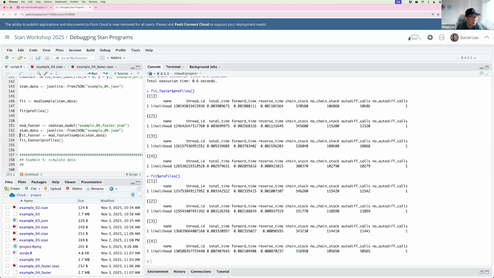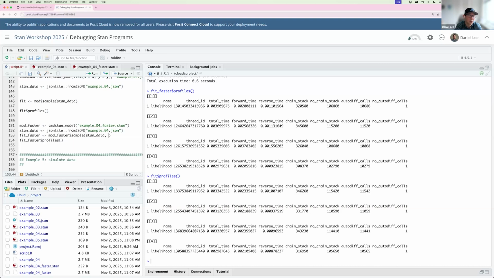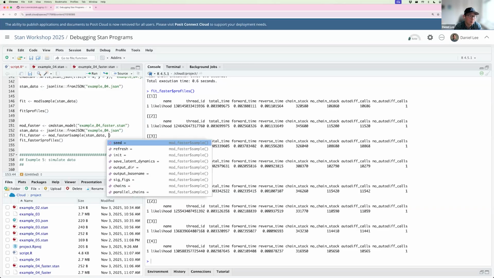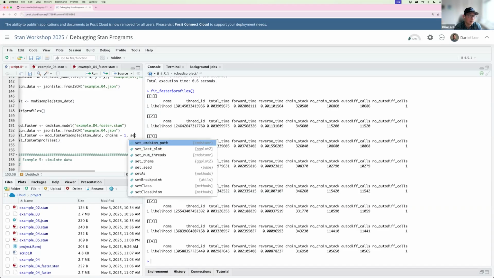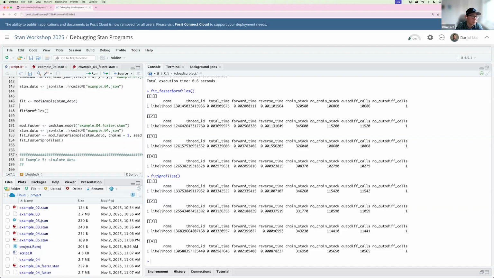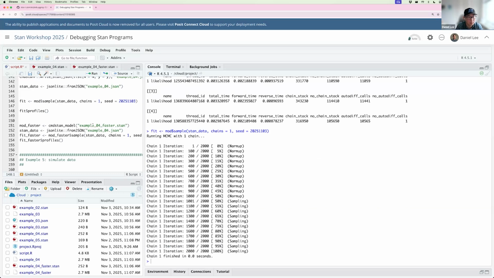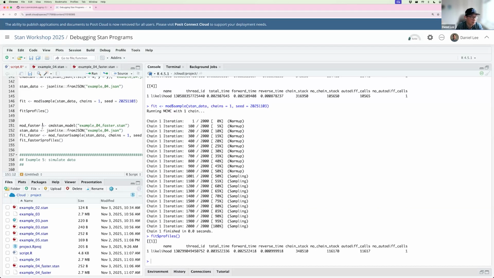If we wanted to, what we should do is something like this. When I'm working purely on speed, let's talk about how we get this to go faster. I would do chains equals 1, seed equals 2025 1103. So that's today. Let's put the original ones here. So if I run fit profiles, and I run